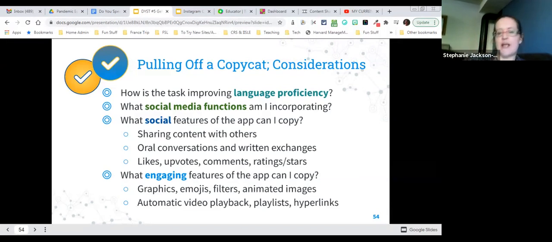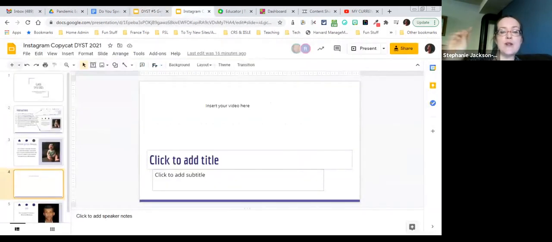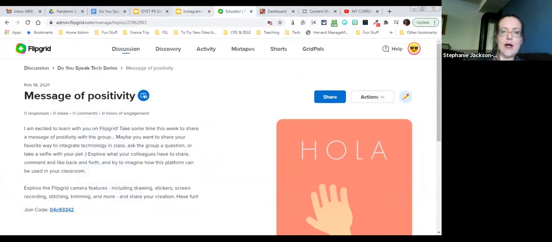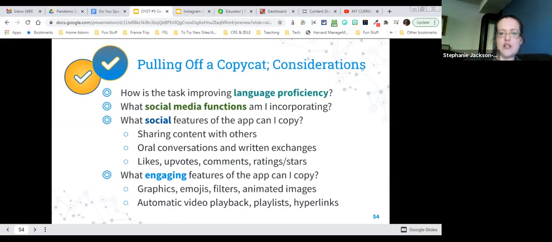And then how can you make it engaging? It might be the colors or the graphics, animated images. The fact that Flipgrid has filters, your kids are going to go nuts for that. It's going to make it 10 times more engaging than a slideshow or whatever. Automatic video playback, so in your slideshow, when you go to present, as you click through the slides, the video automatically plays, and it's kind of like flipping through TikToks, right? So, how can you fake those engaging features? Just think of that when you're trying to build a